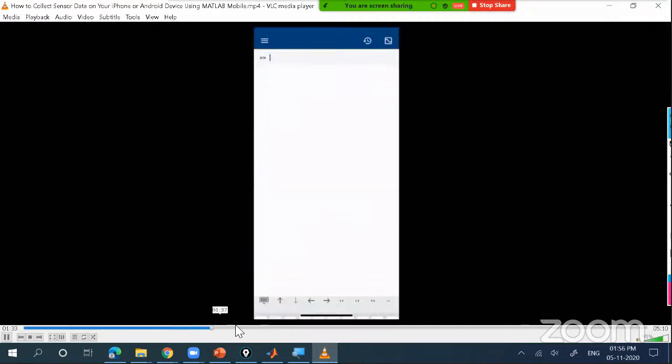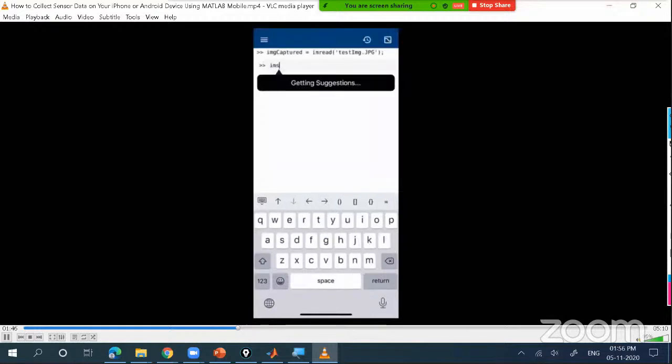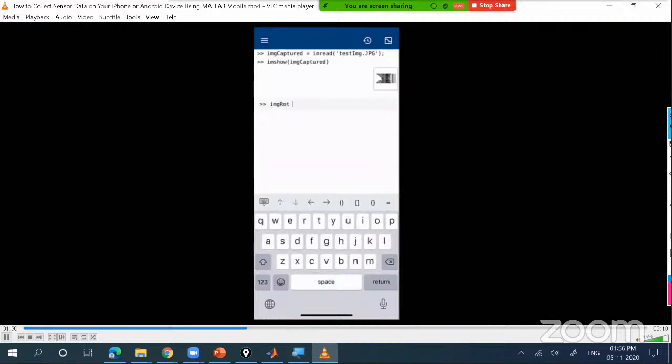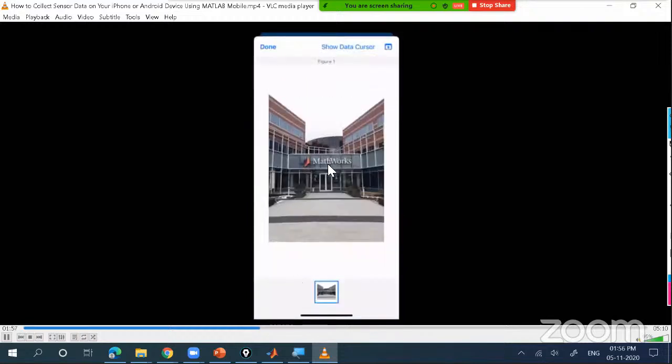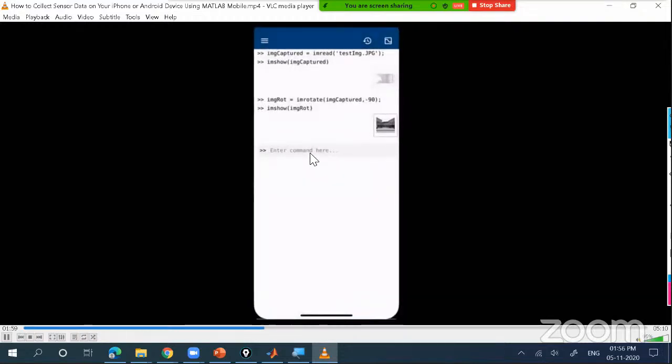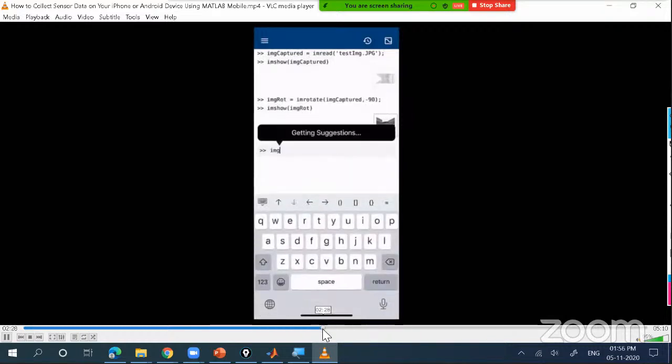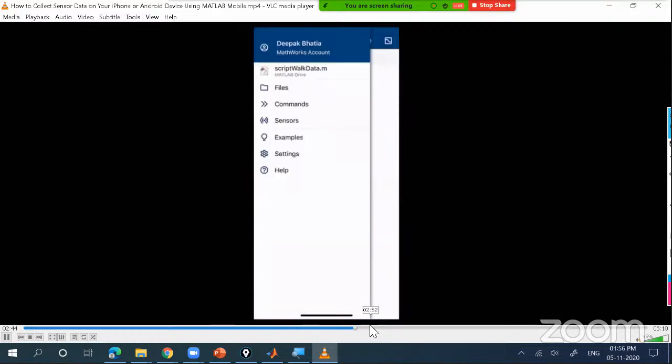Now you can go ahead and perform edge detection or display that corresponding image with the file location. It would display that image and then you would be able to rotate it and perform edge detection. Okay, so like that you can perform different operations on your mobile phone itself. And then once you have done with the edge detection, you can see here, if you go into the